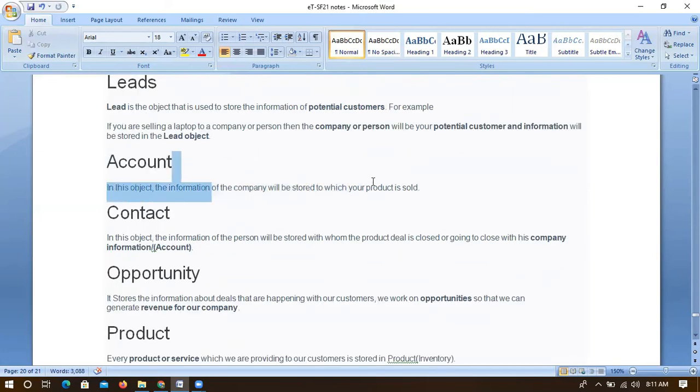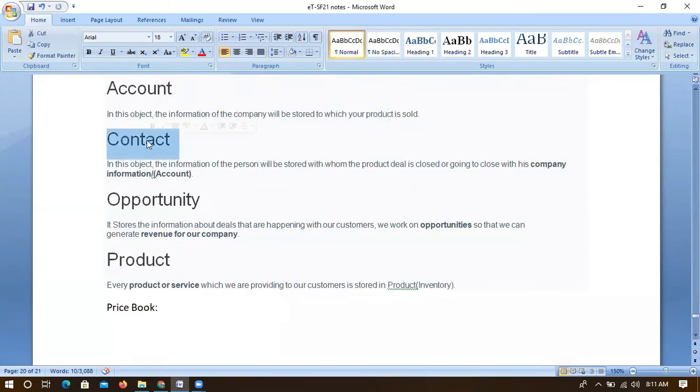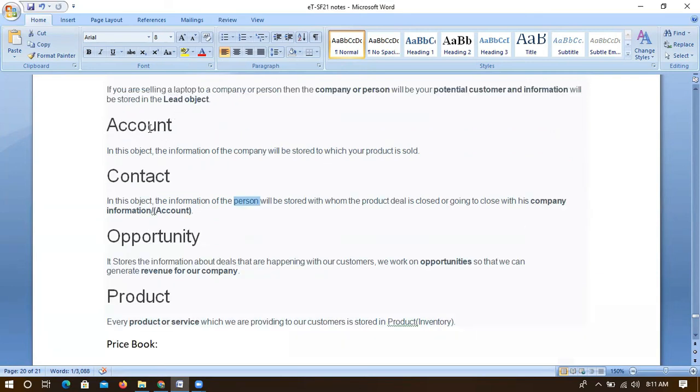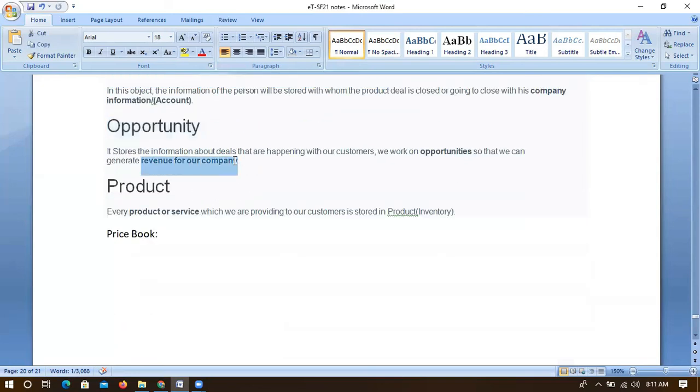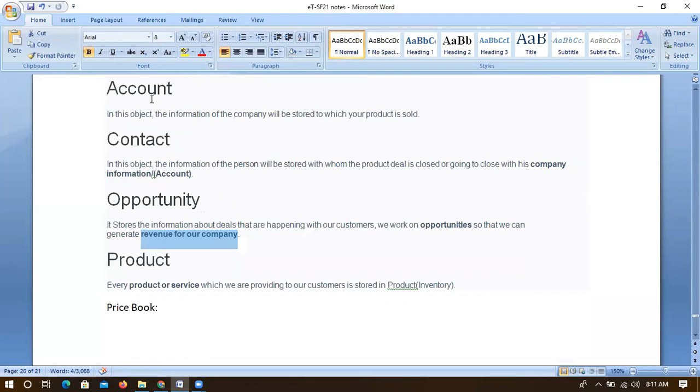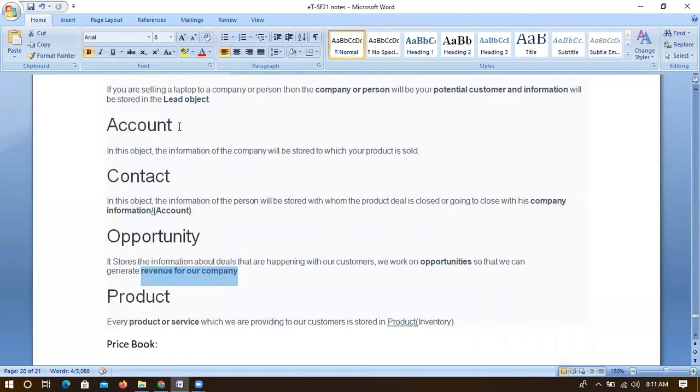Account stores the company's information, and contact is to whom I want to connect. Within that company, there is a person I need to speak with, right? Directly I cannot connect with the company, so there will be some persons, and those persons' information we can store under contact. And opportunity is actually a revenue model for a company. Let's consider we have created PVP Tech Systems, right? With this PVP Tech Systems, how much business has happened, for the last 30 months, or the last 3 months, or the last 1 year? That we can track.